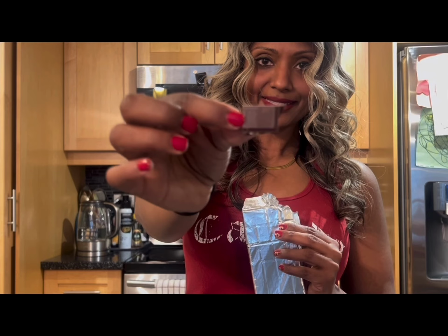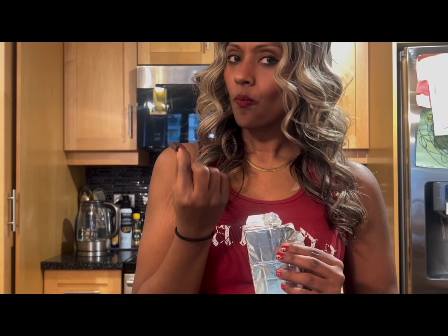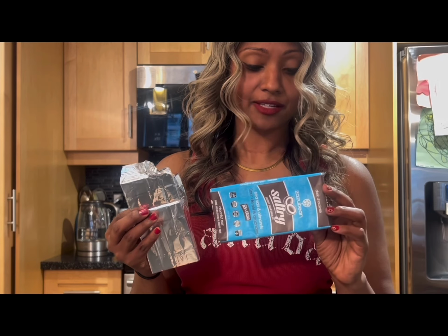Okay, so it is a nice dark chocolate. This is really true to the name. It's dark chocolate, crunchy almonds, sea salt, exactly what you would expect when you read this package. Next,